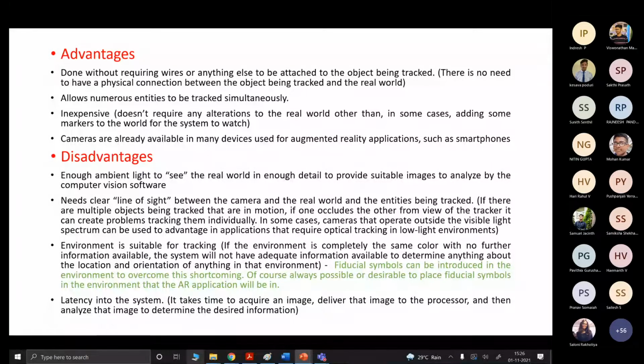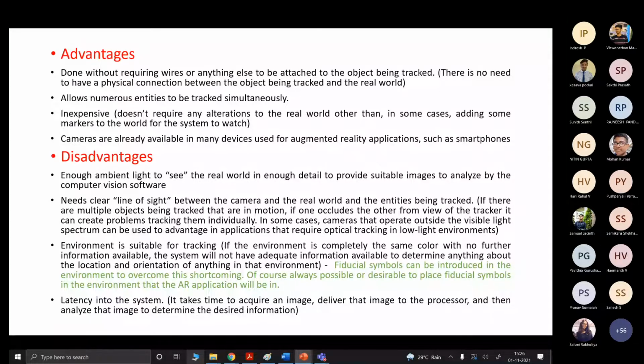But there is a solution, by which we can identify or segregate different environments with the help of fiducial markers or symbols. That is one solution to overcome the problem.